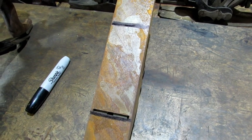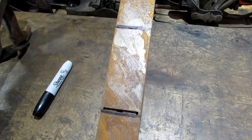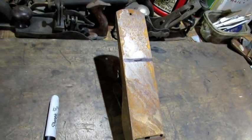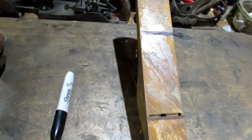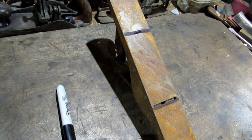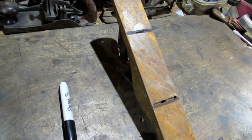And if we accept that as being true, then I'm going to take it to the next step. What I'm saying here by drawing those black lines on the bottom of this plane is if they were the only 2 points, right there just ahead of the throat and anywhere after the throat, if those are the only places that they touch the wood that you're working on, they would be flat. You could wipe out everything before and after that and it wouldn't make a difference as long as it's not